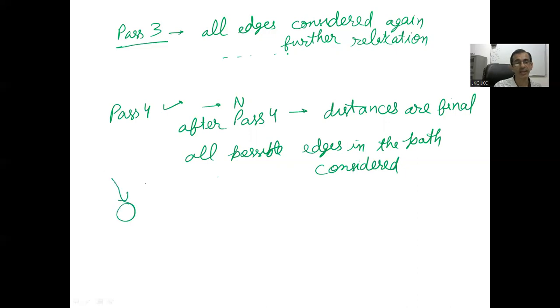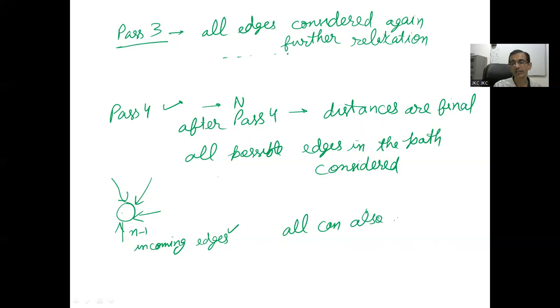Ultimately, any vertex has a maximum of n minus 1 incoming edges from distinct vertices, which are not covered again and again. So n minus 1 incoming edges. This distance can be relaxed via all of these, one after the other. So maximum n minus 1 incoming edges and n minus 1 edges exist. All can also relax,